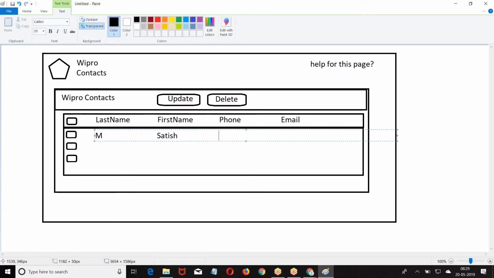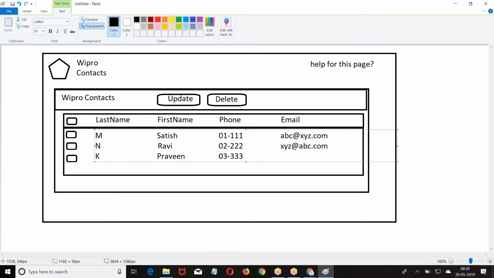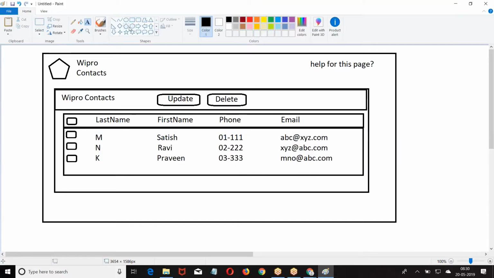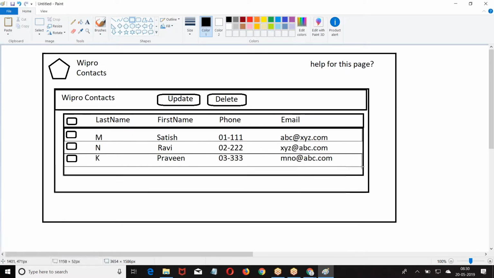I want the output to be like this. This is how I give it. But this is the data we got. I want you to display this data.